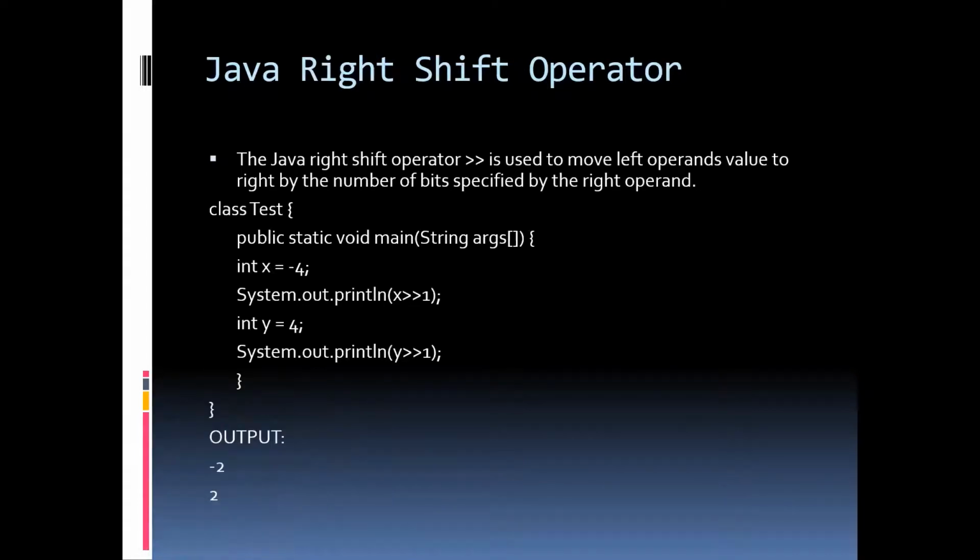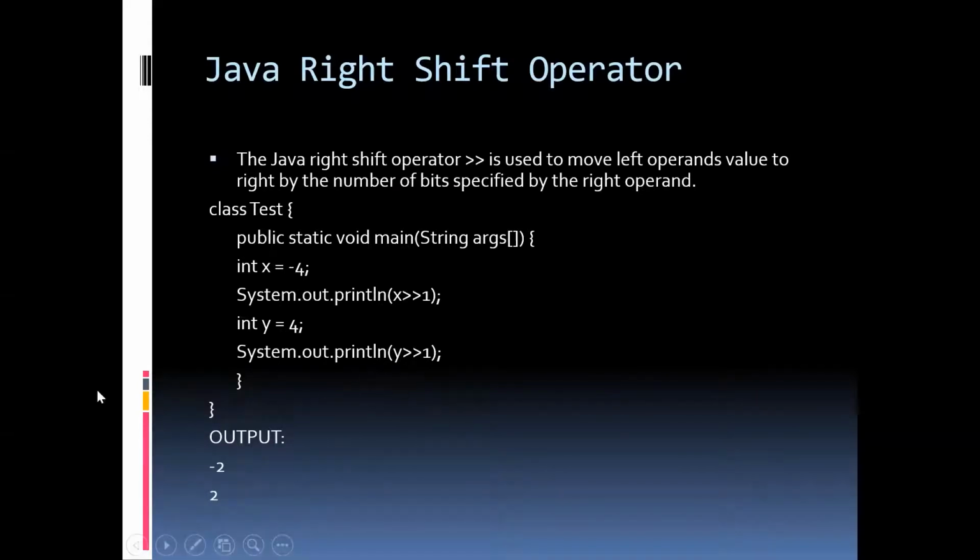Moving on to the right shift operator, and that operator is given a symbol like this, greater than type. Right shift in the sense it shifts to the right and assigns 0 bit to the left. If you see here, plus 4 is given. Convert this to binary, so you'll get 0 1 0 0, and shift this all to the right. One bit position is moved to the right, so you'll get 0 0 1 0 0.